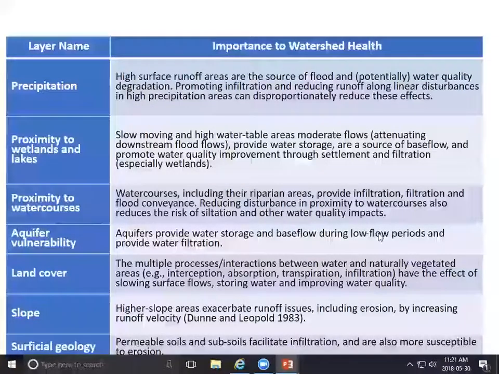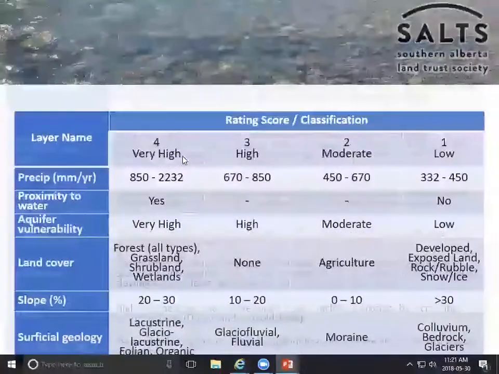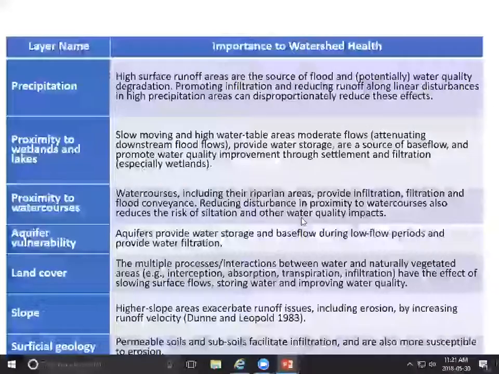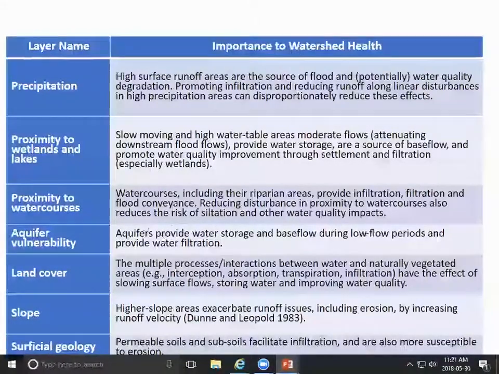So for some reason on my screen, I apologize, I can't actually see the very last part of my slide. So I'll have to wing it, but these were the layers that were chosen,